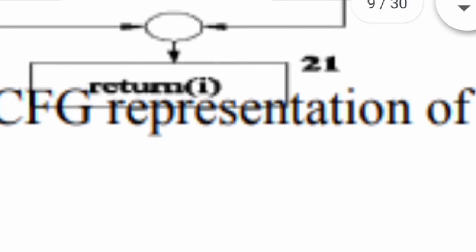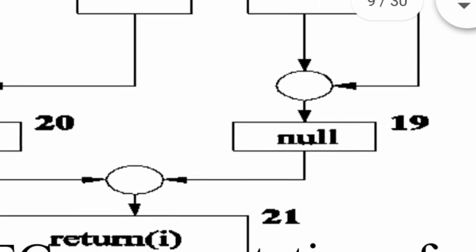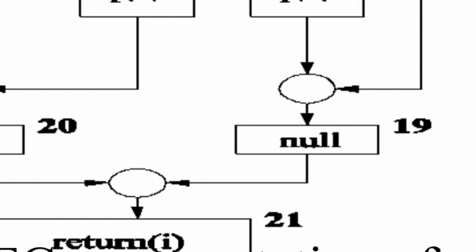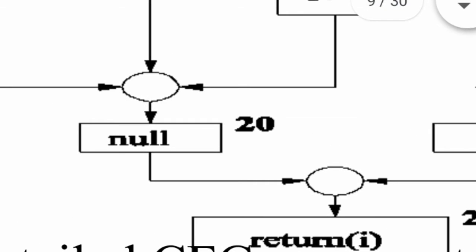A detailed CFG representation of open files. If we understand one CFG, automatically we can write any number of CFGs for other programs also. You should practice this flowchart. Why? Because if we understand this, the next chapter will also be a continuation of this flow graph. That is the data flow graph, so it also depends on the CFG.